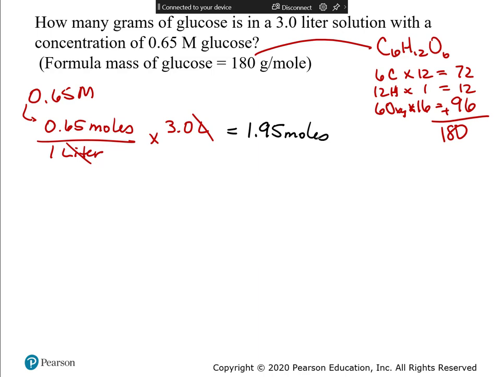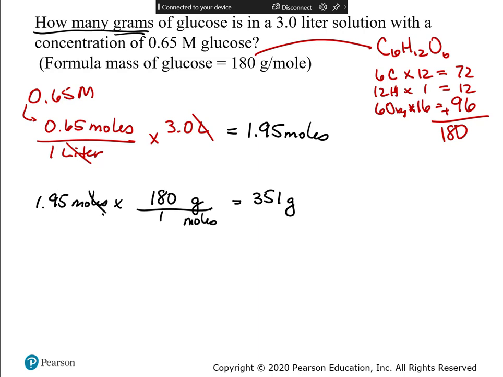Now that I know moles, I want to find grams. So the last conversion I have to do is take that 1.95 moles times, in a line, what do you put on the bottom? Moles on the bottom. Grams goes on top. Grams gets the what? 180. Moles just gets a 1. So you're going to take that 1.95 and times it by 180, and that would be 351 grams. See how moles and moles will cancel. So concentration times volume, and then if you have to,